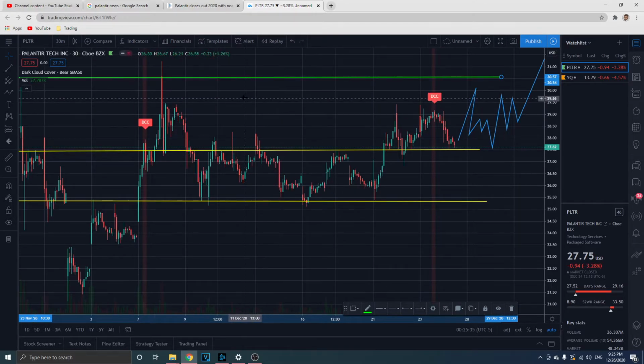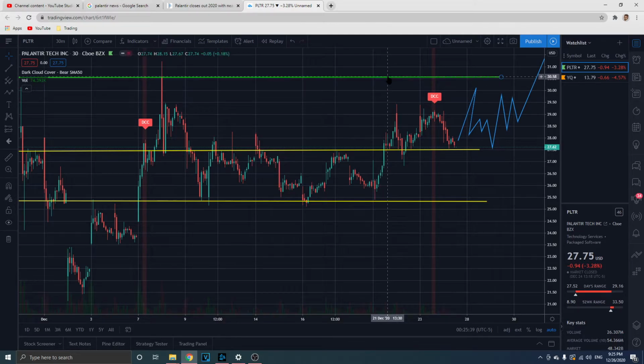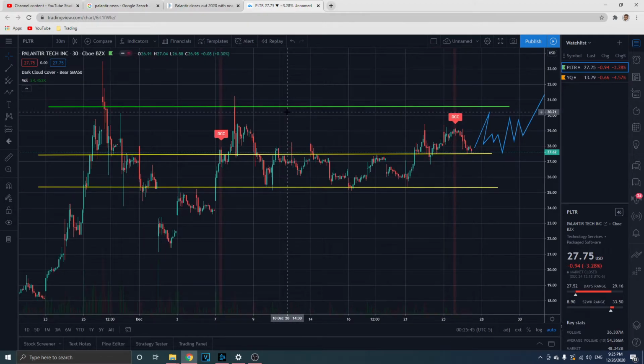Doesn't make any sense for me to put resistance there, right? No, actually, I'll put resistance here. This is going to be the $30 mark. The $30 mark is going to be my resistance. It's pretty high for the price right now, but